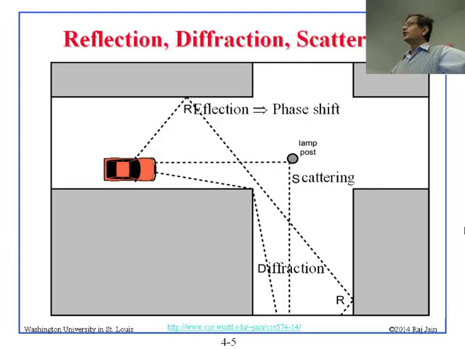Right? So even though the buildings don't have any mirrors in them, for wireless they act like a mirror. Some of it will be diffracted. It will just change the direction like that. Some of it will be scattered in all directions like that. So there are many different phenomena that will somehow get the signal here, even though you cannot see from here